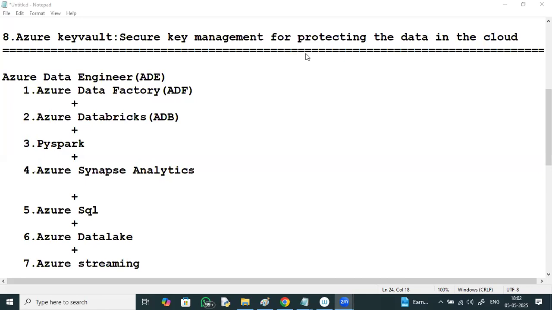Extract, transform, and load. But if you want some high-end data, like streaming data or graph data, we are going to write our customized code for handling those. And that's what I'm saying. Databricks and PySpark will be the main thing here in this course.